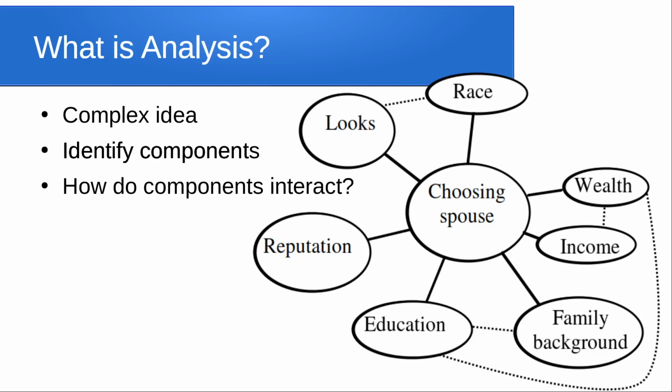Wealth is probably connected to education in a two-way relationship, because the wealthier your family is, the more education you can afford. And also, the higher education you achieve, the wealthier you will become. We might also see that looks connects to race, as people who are concerned about race often see that one race might be more attractive than another race.